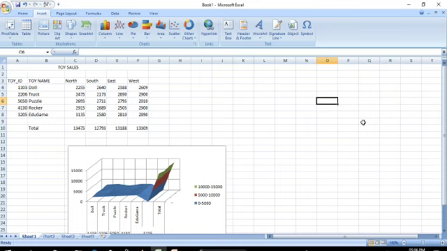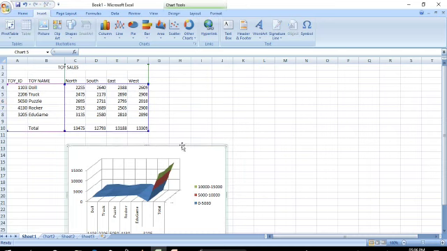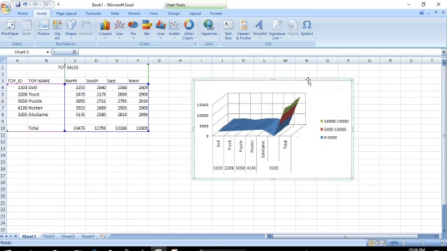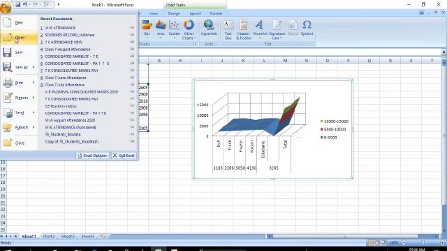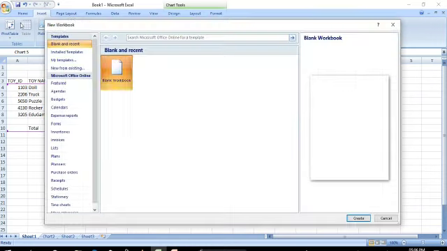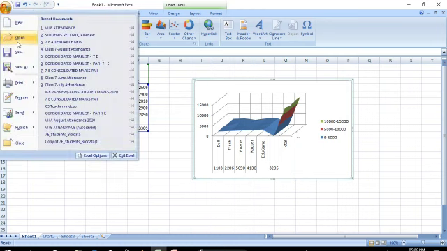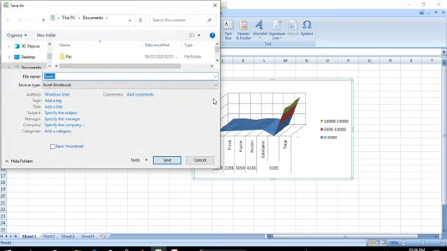Okay, now how to save the chart? See here, a chart is here. As usual, you select the save option. The chart will be saved along with the worksheet.